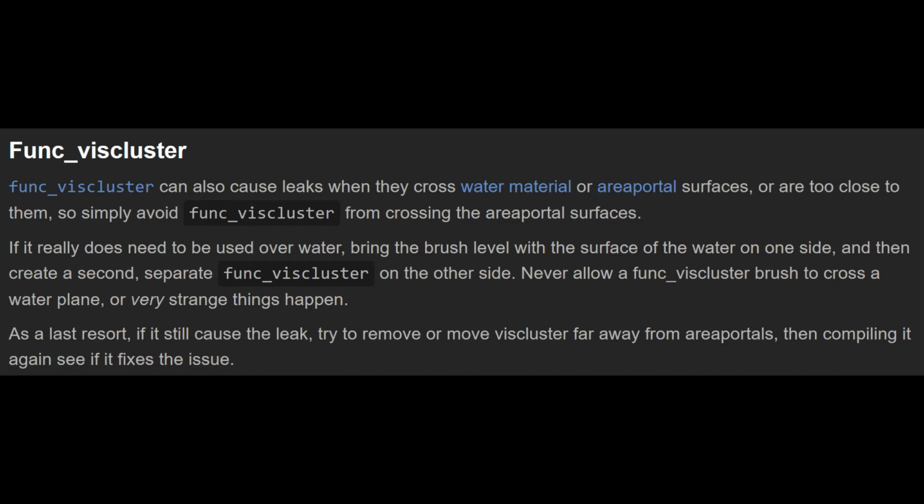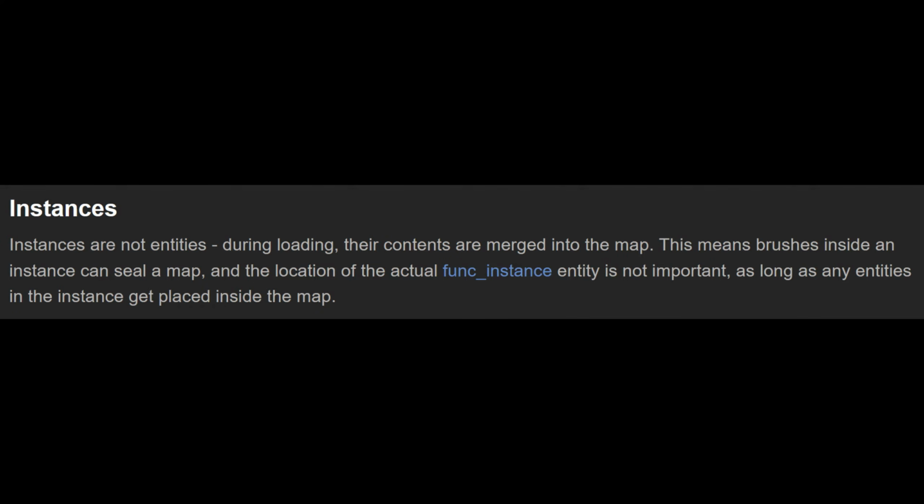There is a note on the Valve Wiki that says you should avoid having a func_viscluster go through an area portal or the surface of water, because apparently that also causes a leak. This certainly is a bad idea because both of those things do have special considerations related to visleaves, but when I tried doing it in a small test map, I couldn't see any issues, so yeah, I don't know. While the entities inside an instance can leak, a func_instance itself will not leak. Neither will any entity whose origin is at the map origin. Not very useful, but I'm adding it in just for the sake of thoroughness, I guess. That's everything you really need to know about leaks. The rest of this video will answer some non-essential questions you might have.